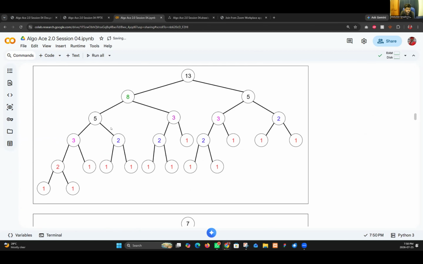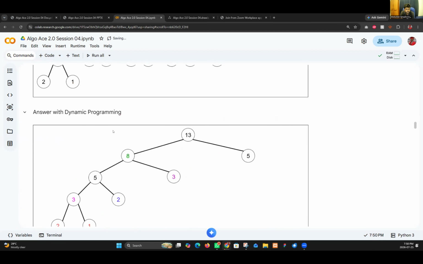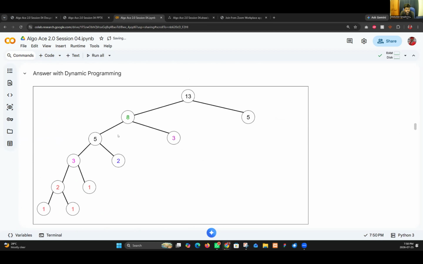You see this pattern. 1 plus 1 is 2. Again, 2 plus 1 is 3.